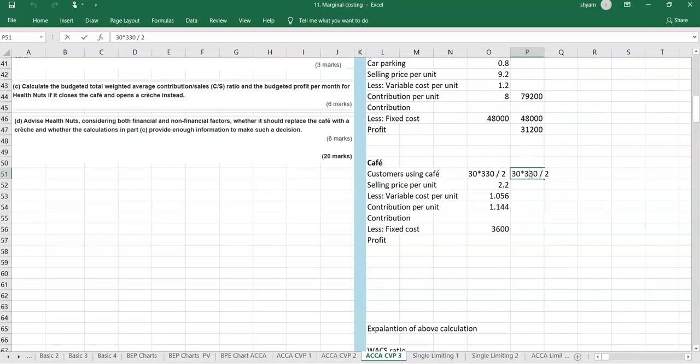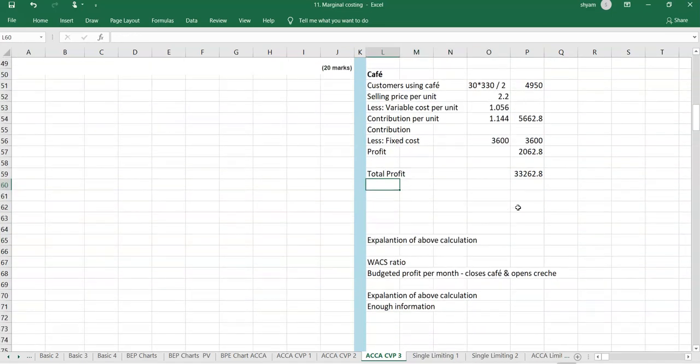So this is the total number of customers and this would be the contribution for the customers and this is the total cost and this is the profit. Okay, so we have to get the total profit for both the cafe and the gym. So that will be cafe and the gym,